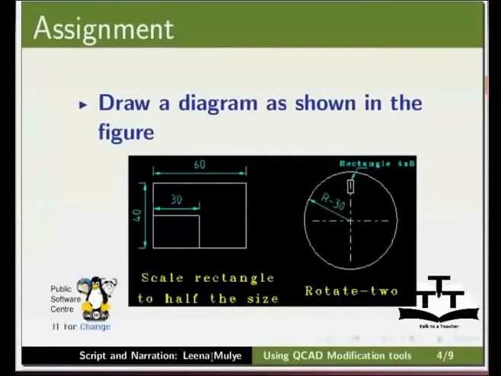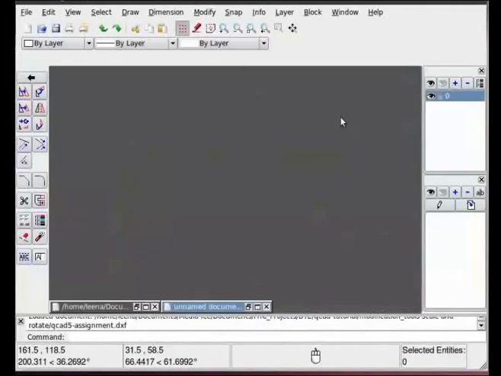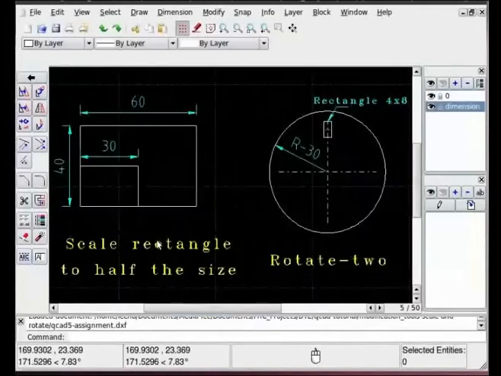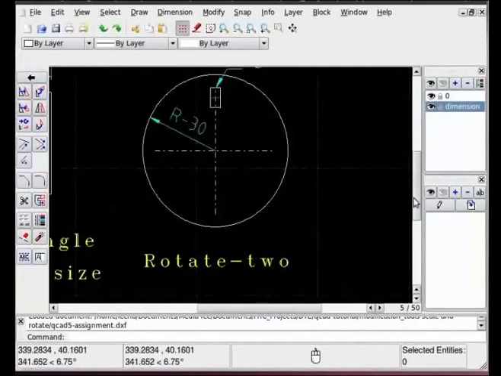Let us come to the assignment part now. I would like you to draw following using tools learnt in this tutorial. Let us see this in detail window over here. Draw a rectangle of size 40 by 60 and scale it to half the size. Now for rotate to tool, draw a circle of radius 30 and draw two lines perpendicular to each other as shown in this tutorial.